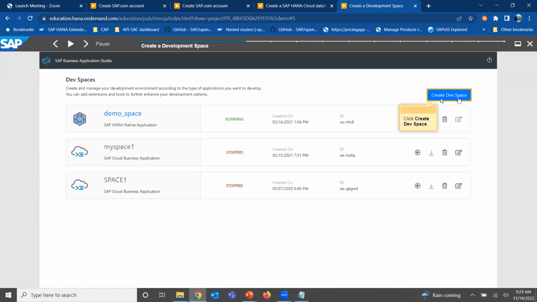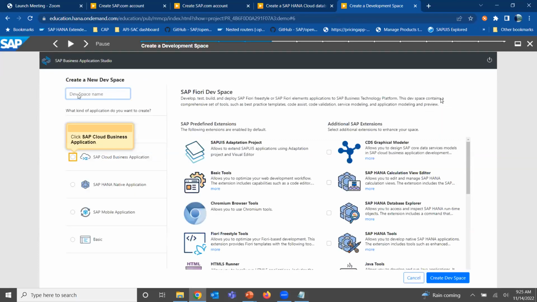So in order to get started, you have to create a development space. When you do that, you choose to name your development space, and on the left side you choose the kind of application. These screenshots are a little bit older, so there are some newer options available. But the idea is this is the kind of application.